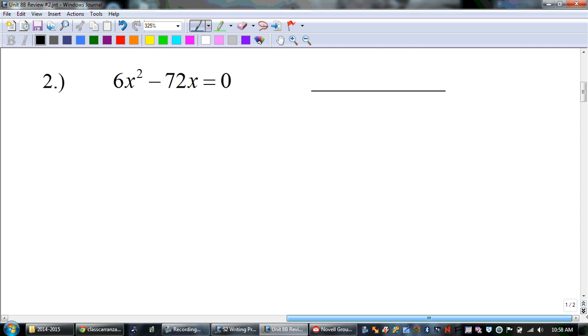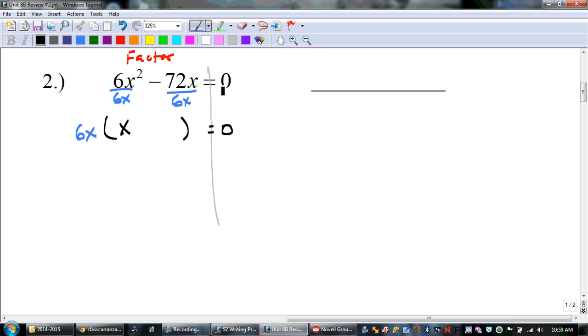All right, number 2. How are we supposed to solve number 2? Remember, the first thing we always check to see is if we can factor. And there is a GCF. Okay, I can take out a 6x. That comes out front. And then what's left over? Well, 6x squared divided by 6x is x, and then